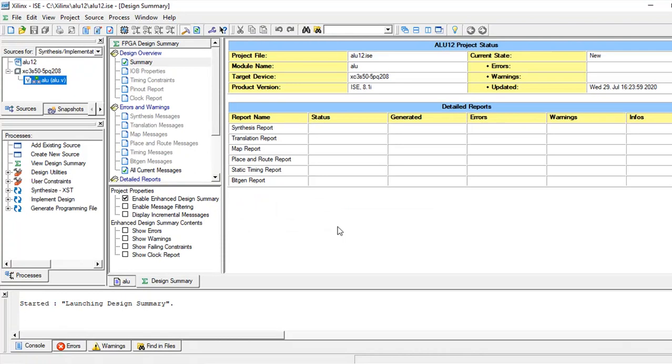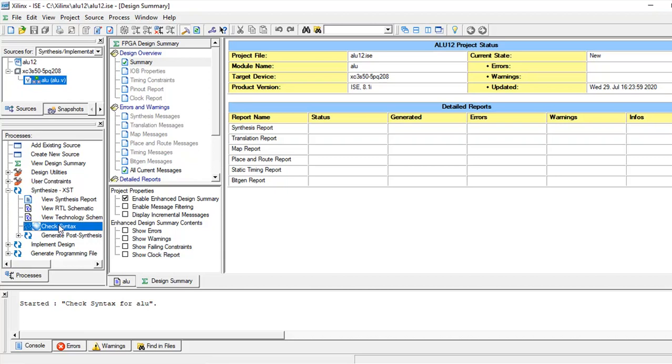Okay. Once you have completed this procedure, the next step is to check for any errors in the program. I am checking for syntax errors. Select your program. Under synthesize XST, double click on check syntax. Check syntax is being checked now. It is running.